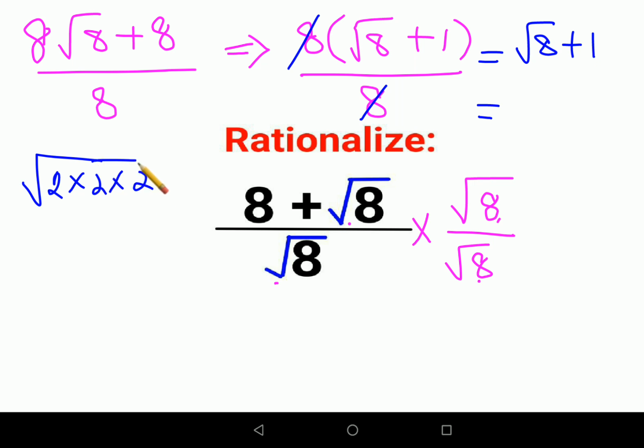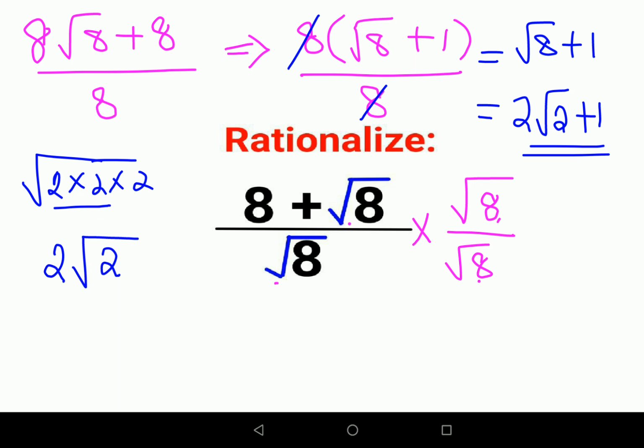Correct? So when you want to take anything outside a root, you need to remove the pairs. So this is one pair. When you take the pair out, that's just one single number outside and the root 2 continues. So similarly here the answer comes out to be 2 root 2 plus 1. This is the answer which was given in the options. Unfortunately, people thought that this was not there, so then something went wrong in the sum itself.